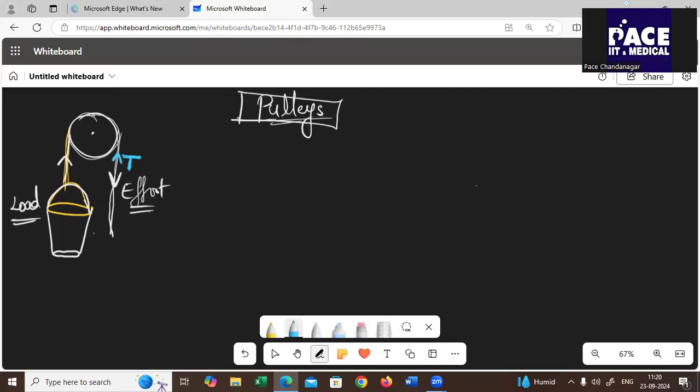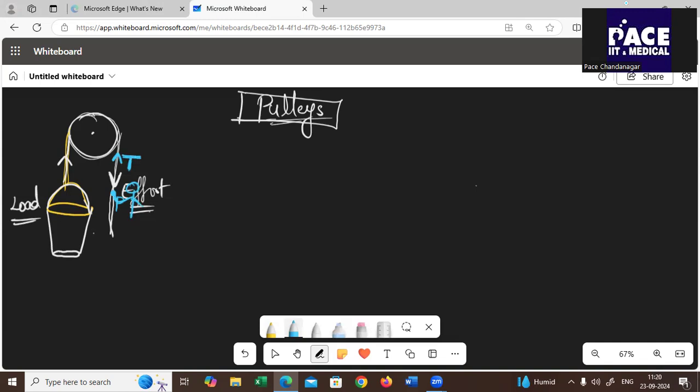As you see, this is point P, where I am applying the effort in the downward direction. Please try to understand that more clearly. Point P is where I am holding it, or there is a person here holding this and drawing it downward. So the effort is in the downward direction,